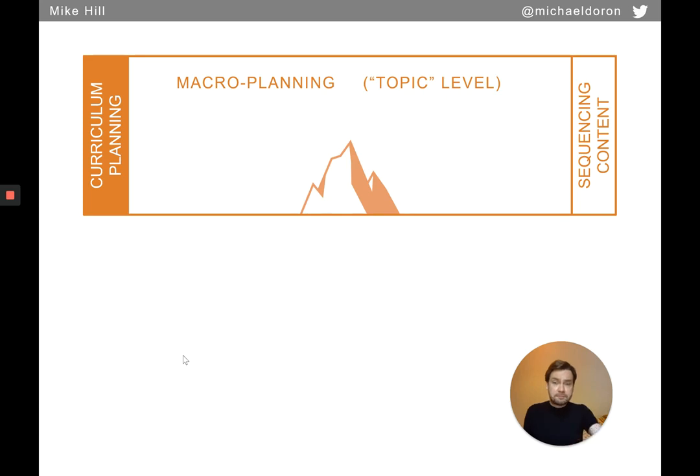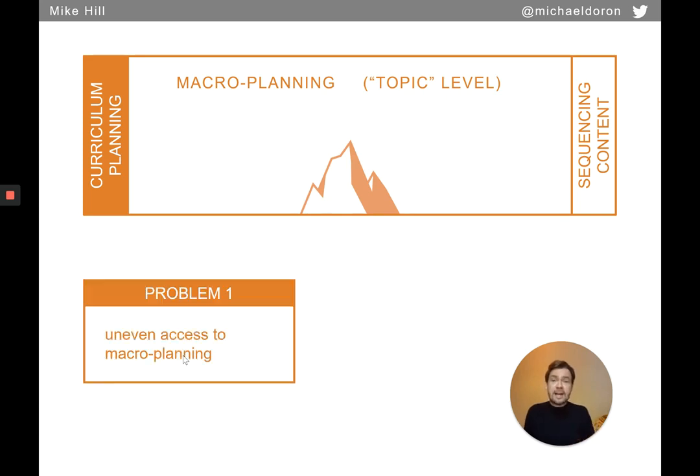Secondly, when I still thought of curriculum planning mostly on this macro level, two problems occurred to me. The first is that access to this kind of macro planning is unevenly distributed, we could say. For example, if you're a teacher new to a school, new to a department where the curriculum is already very well developed, you might think that there's not much else for you to contribute to that process and to the curriculum itself. Similarly, if you're teaching exam classes, you will be bound by exam specifications. And you might think, I haven't got much control over what I actually teach, so the curriculum is closed off before you start it.